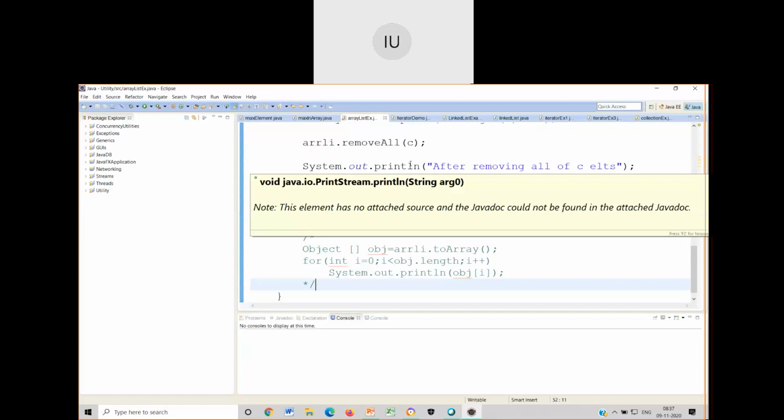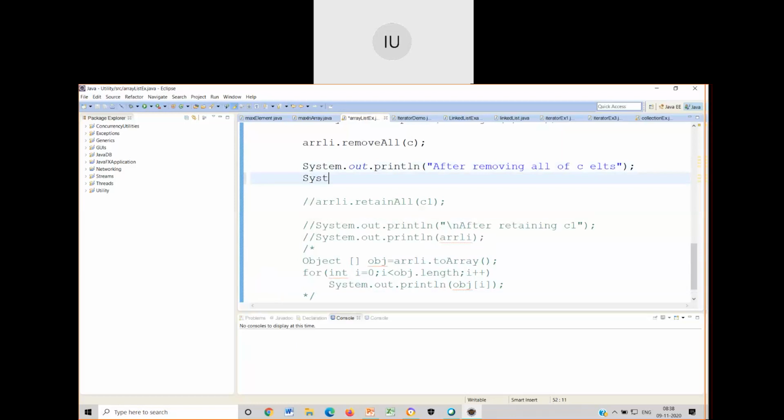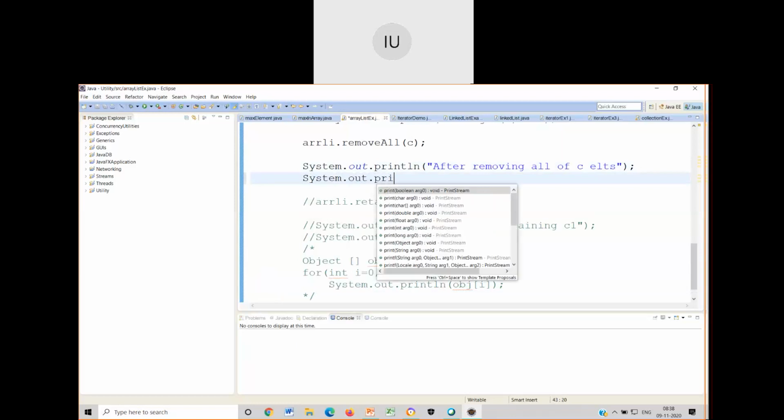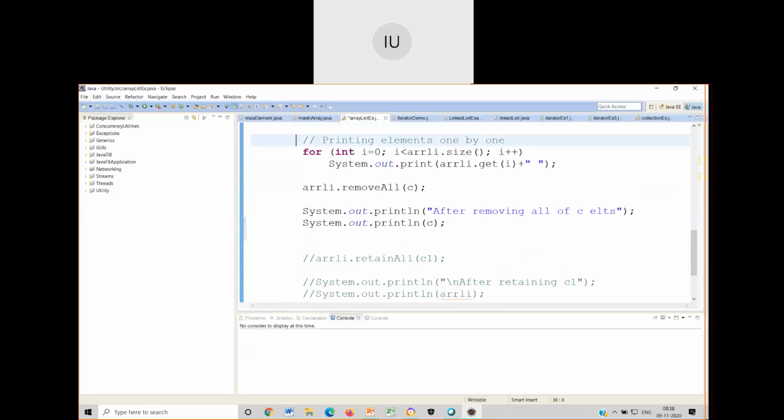And what next have I done? I have removed the 4th position element from ARRLI. Then I have removed all the elements of C. Then I have tried to print them. So let me just type System.out.println of C. Then let me also check, have I printed ARRLI? Yes, I have printed it. So let me also print